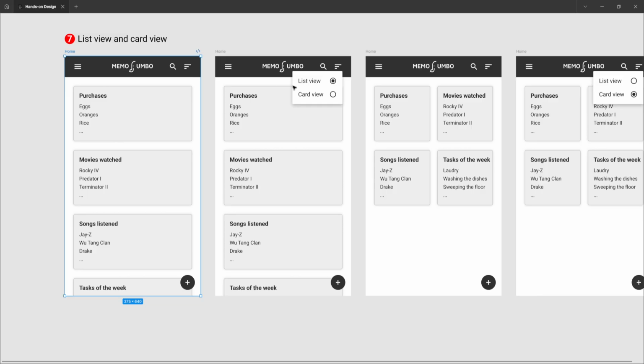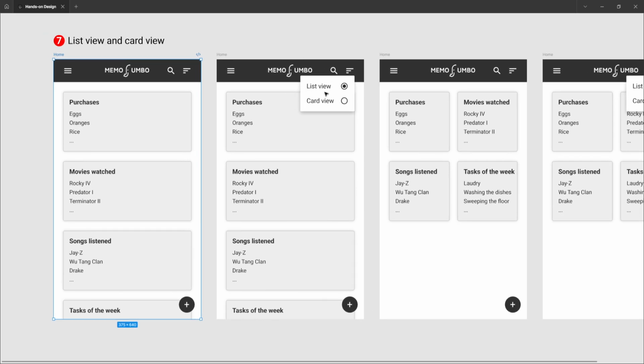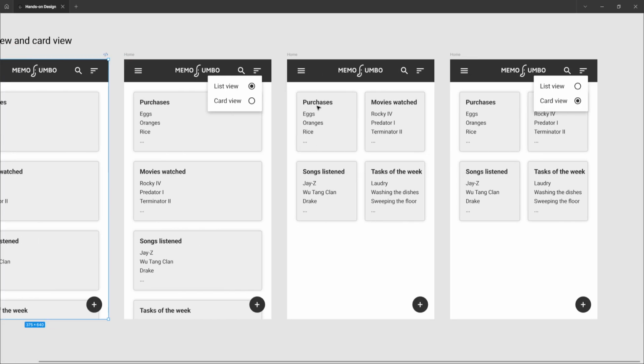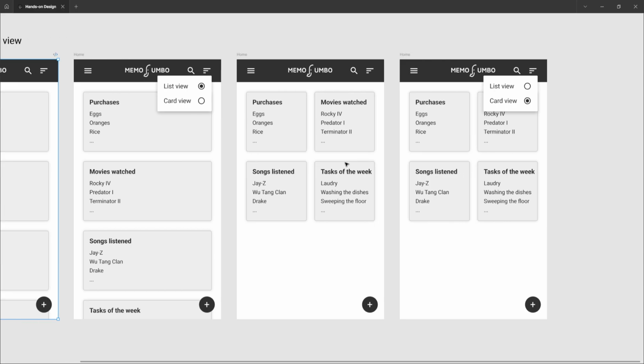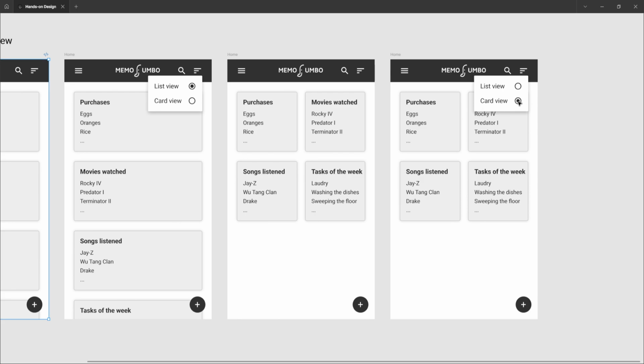So when we open the menu, we realize that list view is selected, so we will not click again on something that is already selected. So the only possibility is to click on this card view, which will take us to this third screen. So list view is this one and card view is this one, and once the user is inside of this view, the user will be able to come back